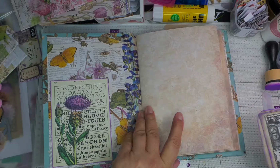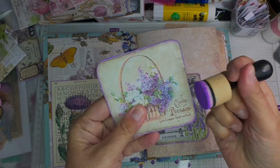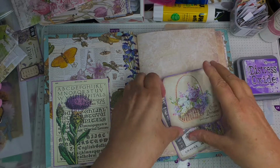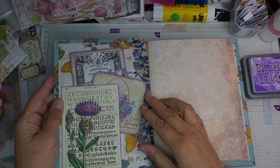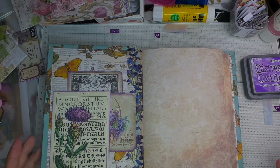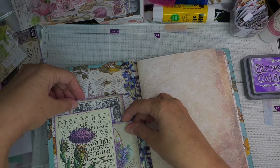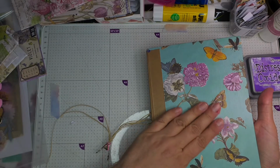And then I just created a couple of, this is from a lilac kit, just got a bit of white there, and I've just gone round it with the wilted violet distress oxide. I'm just going to put both of those little journaling cards tucked into that front spot there, and that way it's a nice little spot for tucking anything. So I'm just going to put those 2 purpley lilac ones in, and you can see that the corresponding paper,